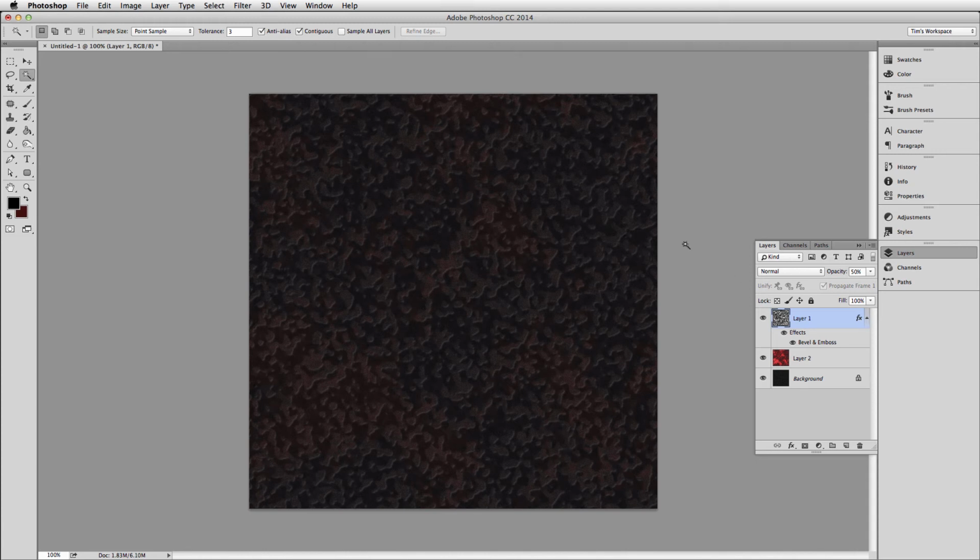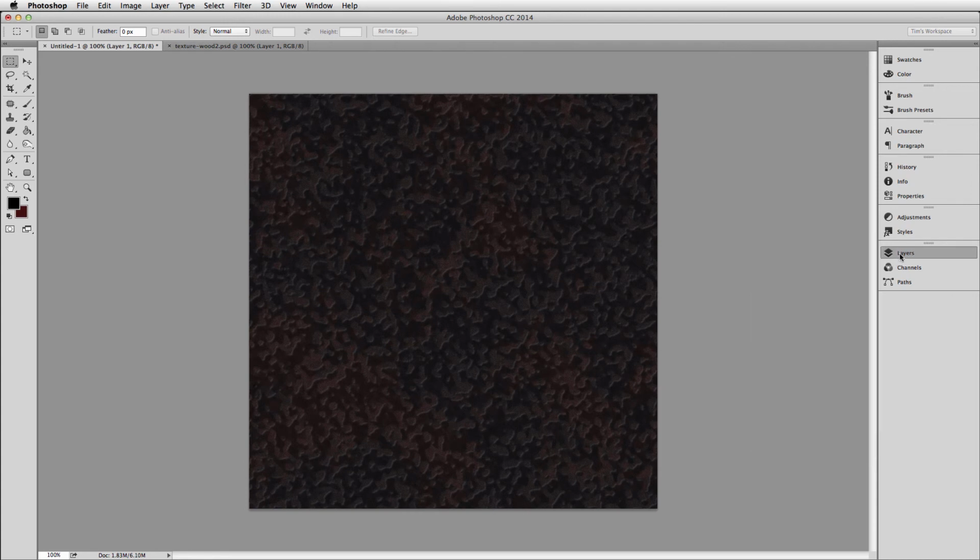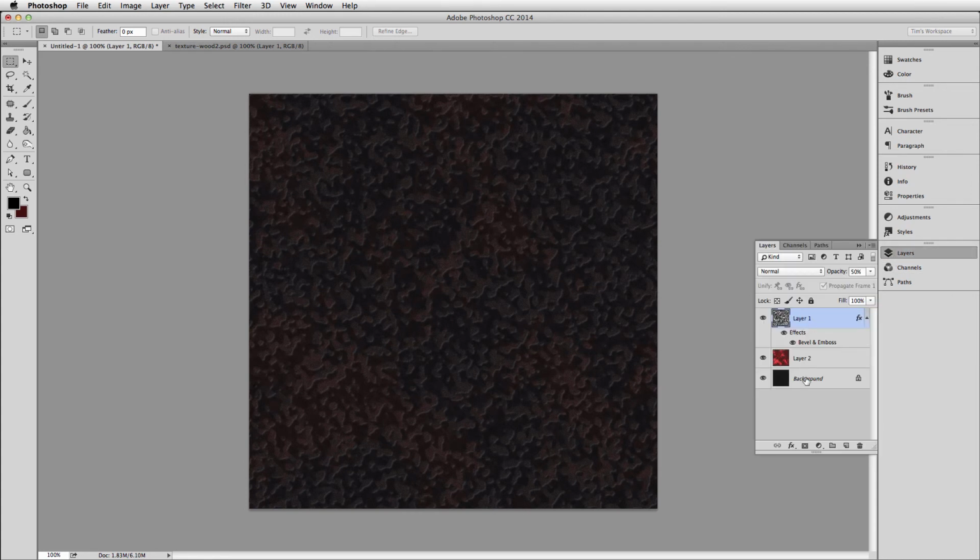What I'm going to do is put this in together with my wooden table, the wooden planks that I made earlier. All right, so what I'm going to do is flatten all of this. And then I'm going to convert my marquee to an elliptical marquee, grab a circle of it. It doesn't have to be exactly in the middle, but it does have to make sure that nothing is cut off. There we go. Just going to copy that,